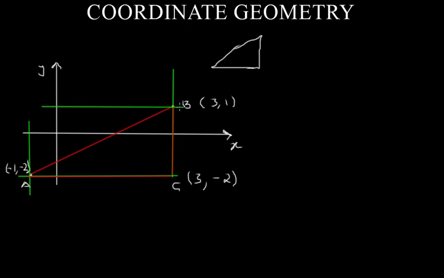And so the distance from here to here can be found, as well as the distance from here to here. So distance AC will simply be found by subtracting the x coordinates of A from C. So to find this distance, we would say, what are the x coordinates? We've got -1 and 3, so we'd say -1 minus 3,